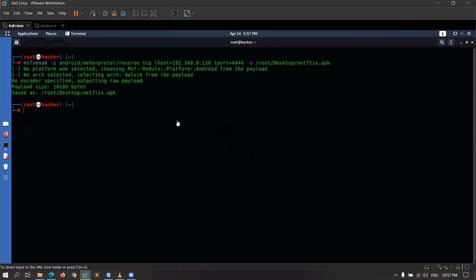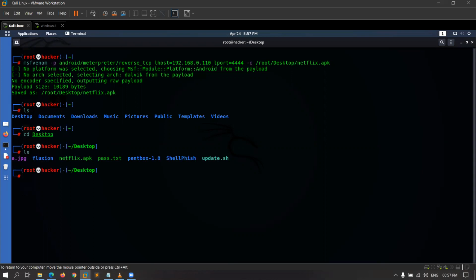So my payload has been created, and I can see it by typing ls. Coming to the Desktop, ls, and here is my payload, netflix.apk. Let's move it to my local server.